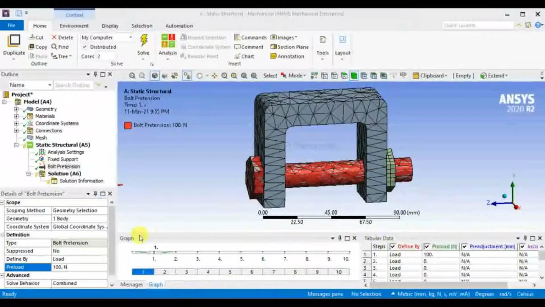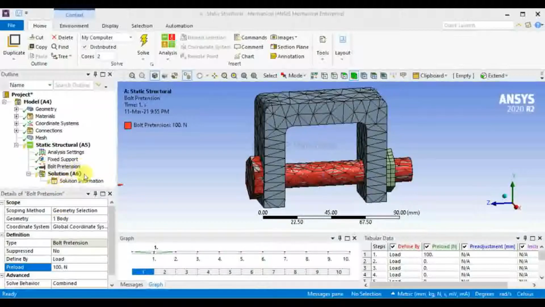So till now we need to check the previous history. We have selected the geometry, we have selected the materials, and we have generated the mesh at proper coordinate systems. So everywhere the green tick is shown. We need to check regularly after each step that none of our steps is incomplete or inappropriate, so that the analysis will not fail further on. So we must check regularly that the green tick is showing.